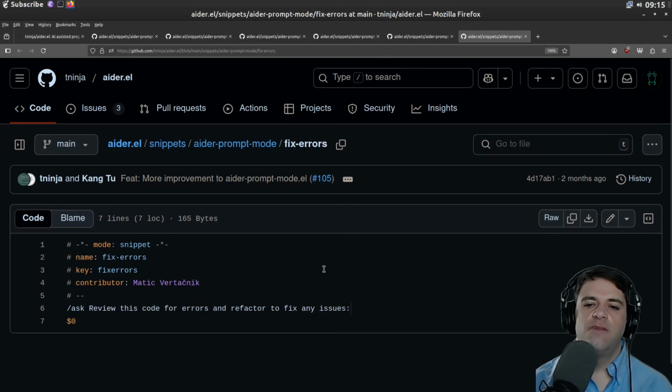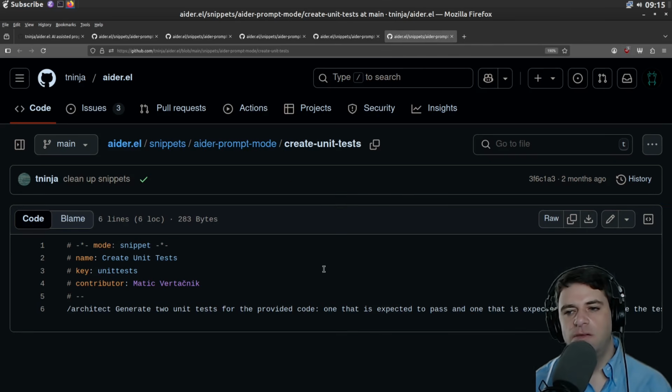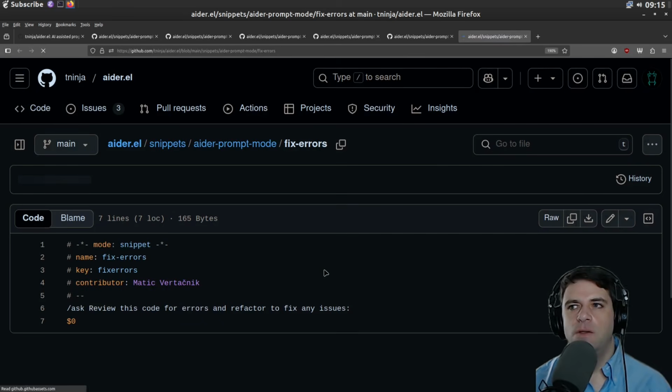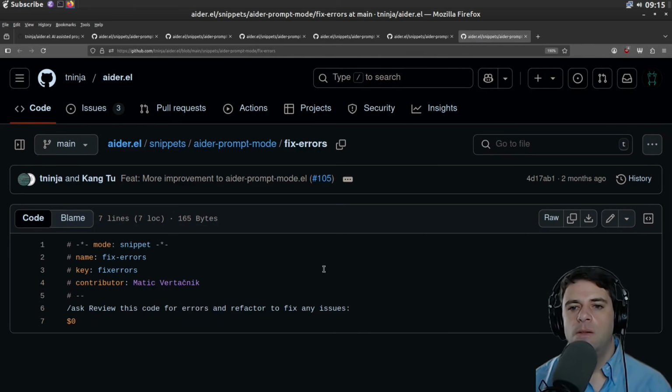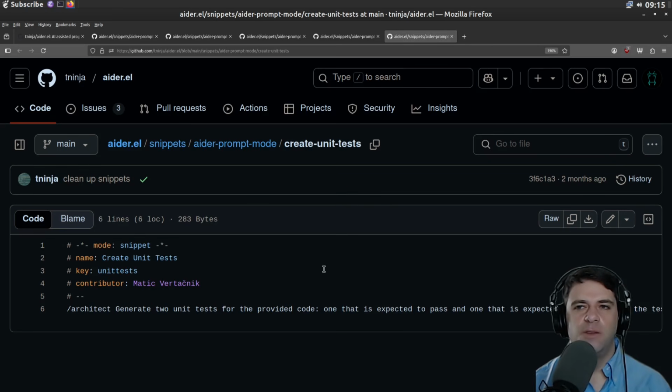Review this code for errors and refactor to fix any issues. Let's just fix errors. Review this code. Again, for something complicated enough, this will depend on context. I guess you can assume that the code around it is accurate, which is not the case for my development style,